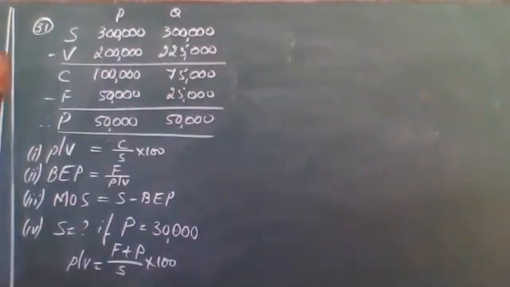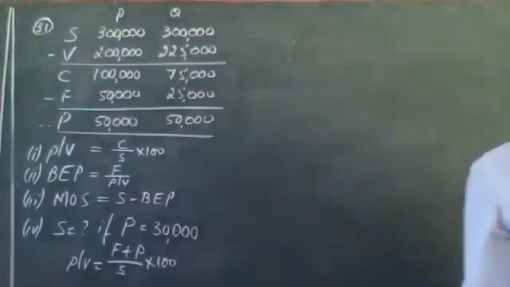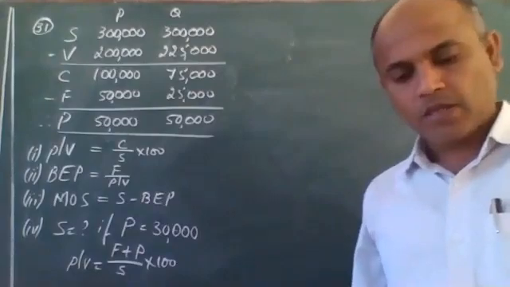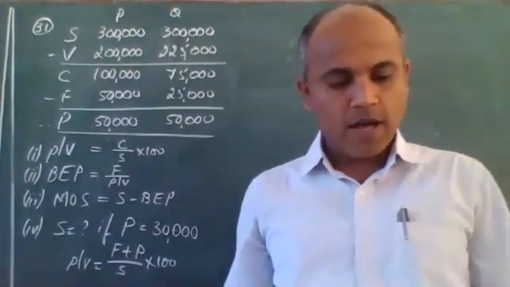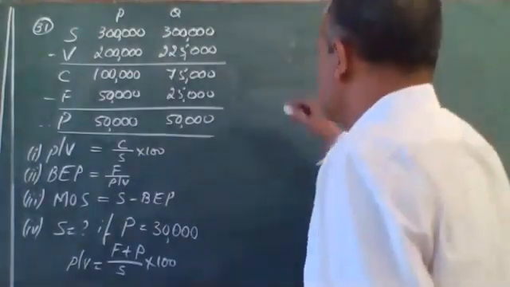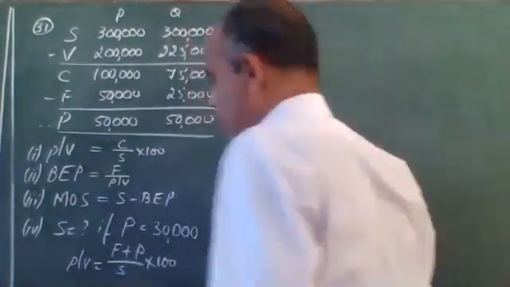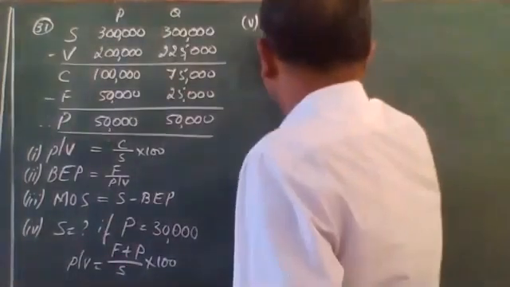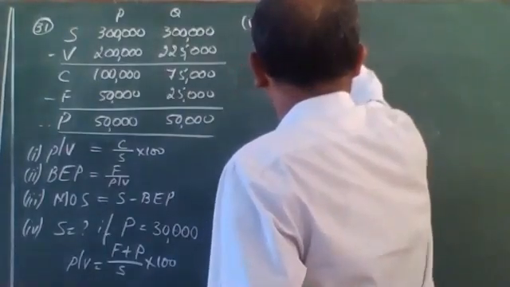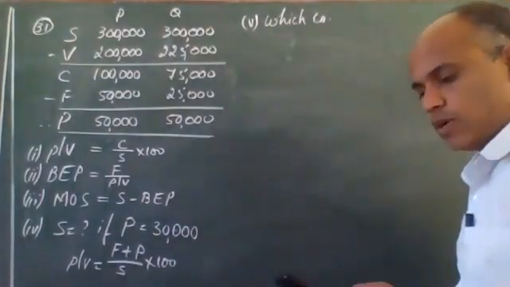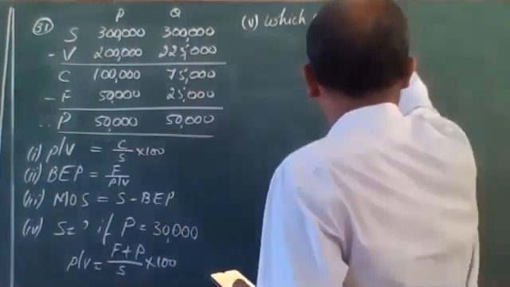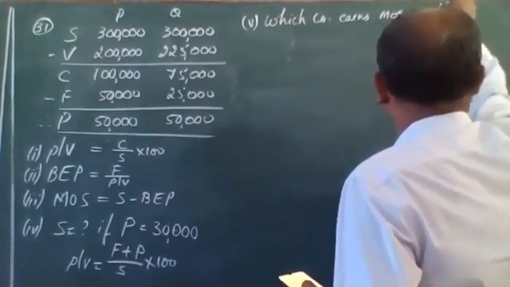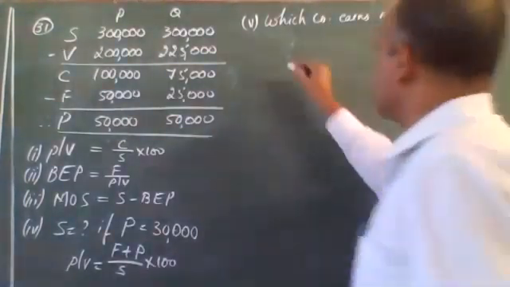The only thing I have to discuss with you guys is what he says: explain which company is likely to earn greater profits in the conditions of heavy demand for the product and low demand for the product. So this is one bit I am trying to explain to you. Other things are in front of you, very easy and simple to calculate. So which company is likely to earn greater profits? Which company earns more profits